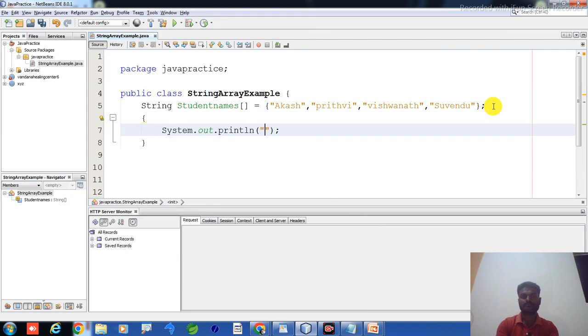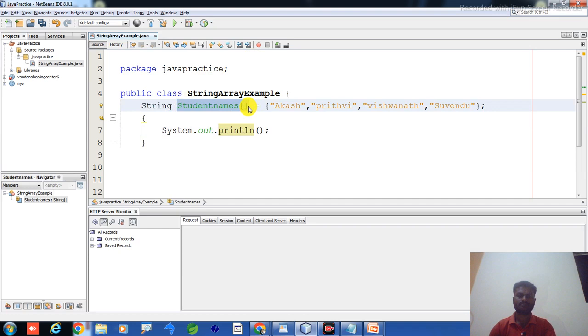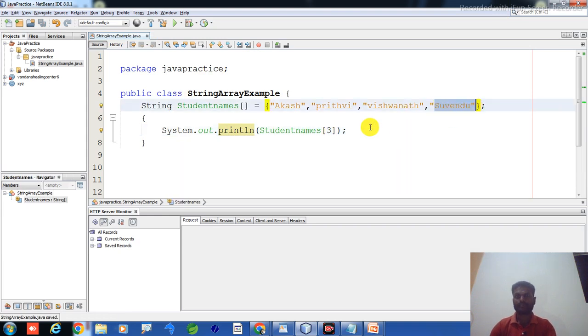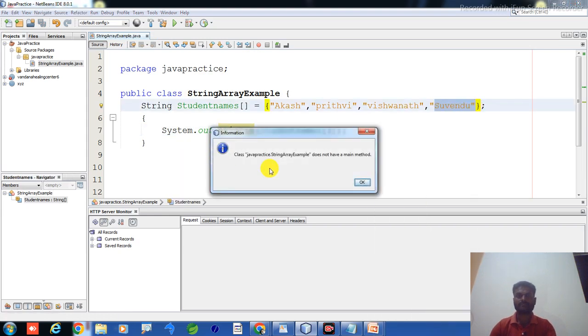System.out.println of what? Just mention this one. Here the 0th position is Akash, the first position is Prithvi, the second position is Vishwanath, and the third position is Suvendu. Which number do you want to call? Third number I have to call. If I mention 3 here, then Suvendu is going to be printed. Just run it.